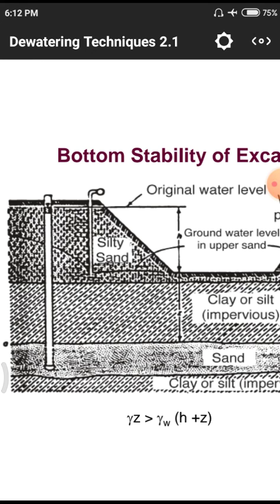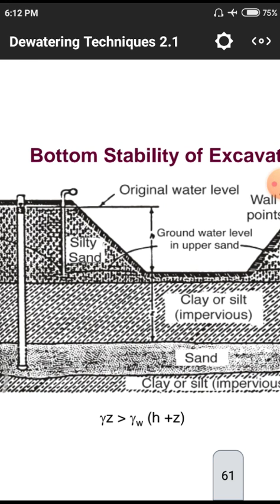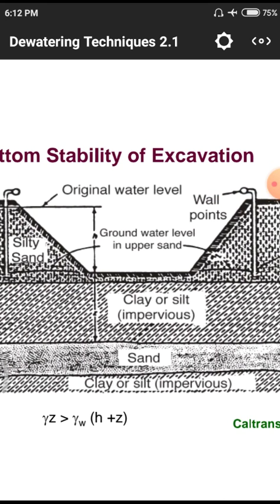Why? Because sand also absorbs a certain quantity of water, so in the sandy layer also we install a pump to dewater. Dewatering means totally removing the water from this sandy layer too. This is the groundwater up to the sand level, the original water level. Due to these well points on each side, we are decreasing the quantity of water at the structure.